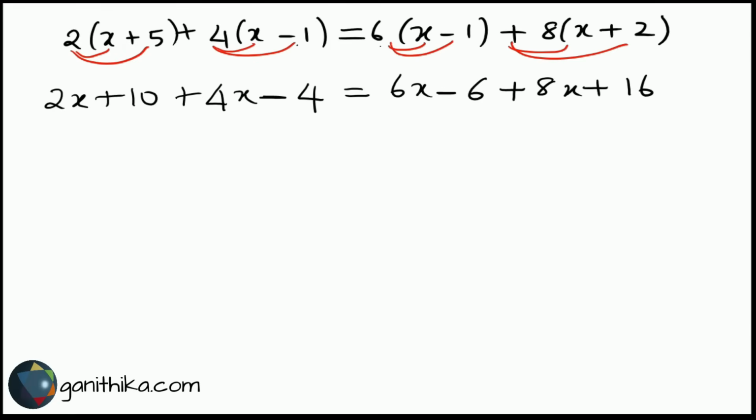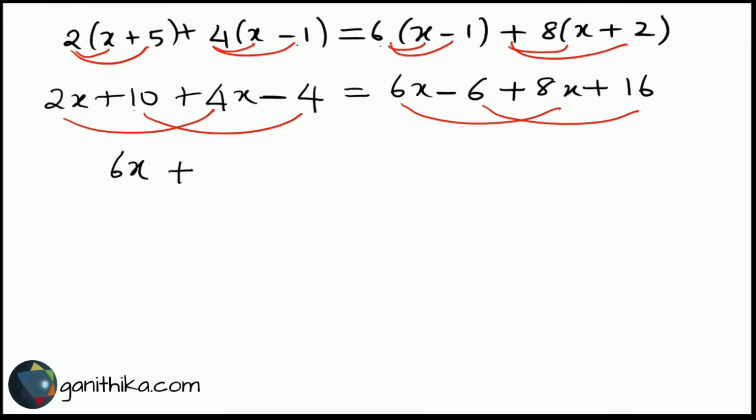On each of these sides, collect the like terms and simplify separately. Okay, so 2x and 4x and 10 and minus 4 on this side, 6x and 8x and minus 6 and plus 16 is what we have on the other side. 2x plus 4x gives you 6x, and 10 minus 4 gives you plus 6. So this is how we simplify on the left hand side, and we keep the equal to sign at the moment, and 6x plus 8x is 14x, minus 6 plus 16 is plus 10, and we have this form which